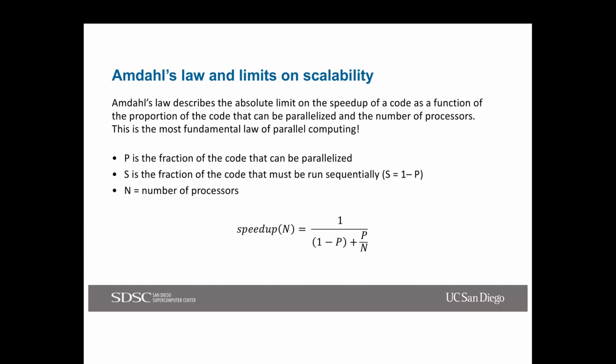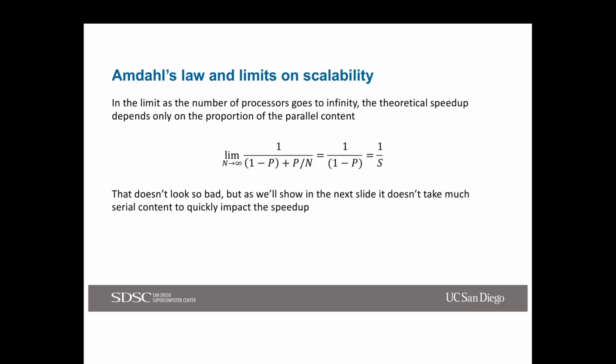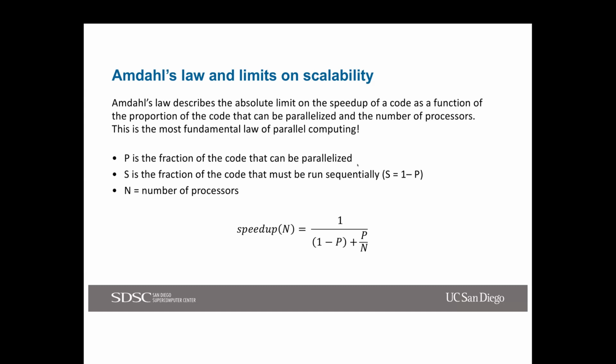There is a limit. If you imagine n going to infinity, the limit says that the speed up, or how fast the application will scale, is limited by 1 over 1 minus p, where p is the fraction of code that